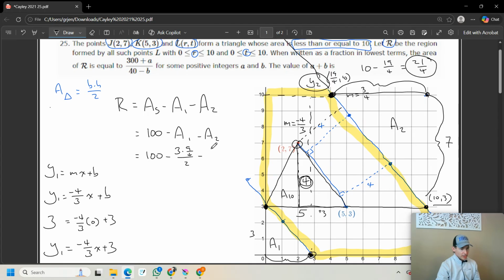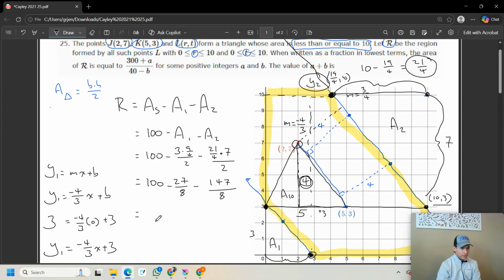So A2 has, we'll call it a base of 21 on 4 times a height of 7, divided by 2. Okay, because it's a triangle. Now we have everything we need to work this out. So we have 100 minus 27 on 8 minus, what is that? That's 147. Minus 147 also on 8. Okay, and 27 on 8 minus 147 on 8 is